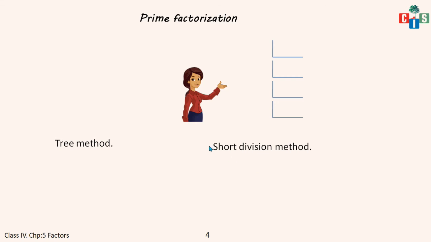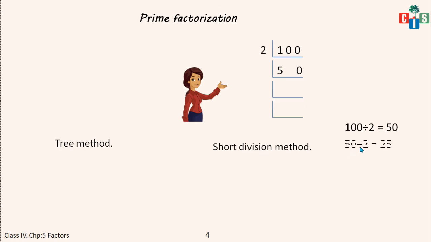Okay, so from your exercise, I suppose the first part asks that you have to find prime factors. You can do it by any method. Let's take an example, 100. I will divide it by the short division method and start with the smallest prime number, that is 2. So 100 divided by 2 will give me 50, and this 2 I will write outside, 50 I will write here. Then again I will divide 50 by 2, I will get 25. This 2 I will write outside and 25 below.